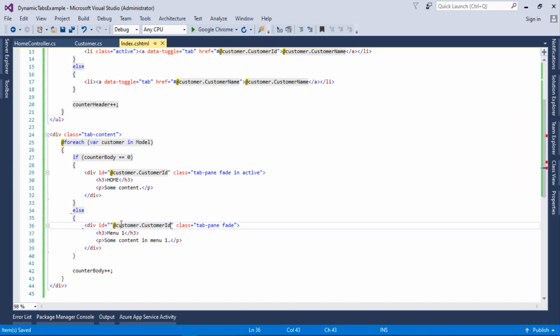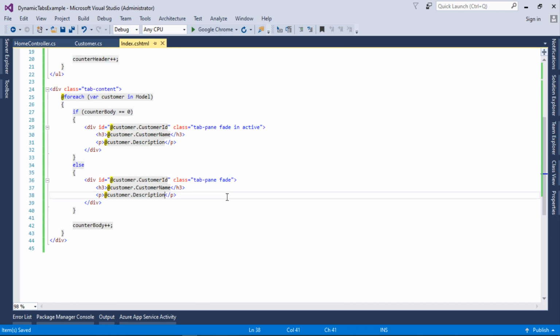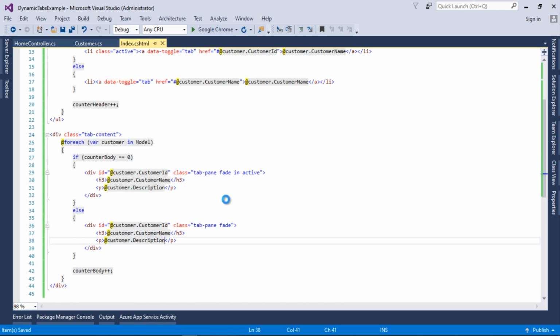And the second thing we need to do is provide some heading here. So I will add customer name, and let's copy it and paste it here, and I will also paste the description. So this is the customer description, and this one I also copy and paste it here. And I will now press Ctrl KD to reformat the code, and as you can see our code has been formatted. So now let's run our project and see what we have got.